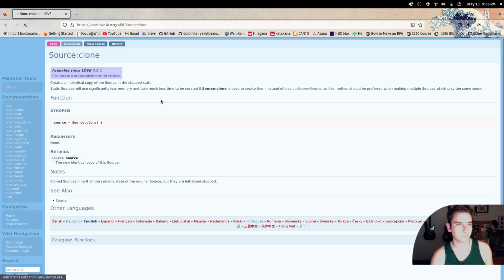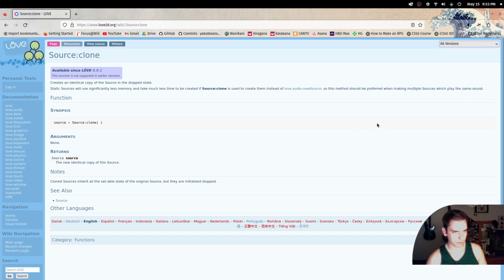Source clone: the identical copy of this source. Static sources use less memory and take much less time to be created, if source clone is used to create them instead of new audio source. This method should be preferred while making multiple sources that play the same sound. That's what I want. But I'm not trying to play... Source clone creates an identical copy of the source in the stopped state. So can we do source clone instead of, no, because this is